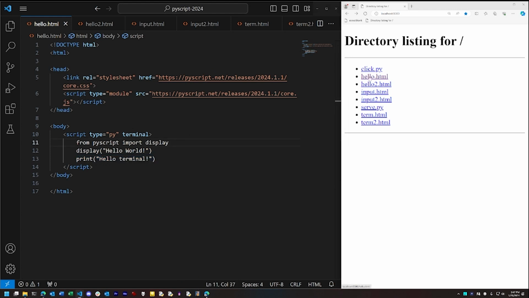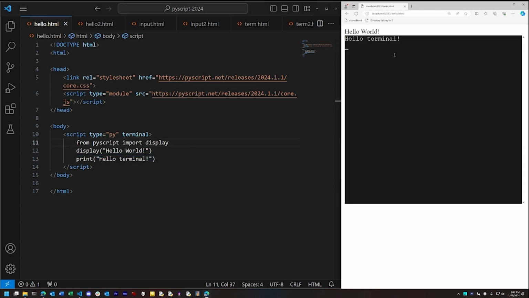Adding text to the web page incrementally we can do with PyScript.display, which is a custom function imported from PyScript's libraries. But print in Python works exactly as it does in regular Python. It just prints to whatever the console is. And in this case, it's this mini console, which we create by using terminal as one of the attributes in the script block. Now you'll notice that when we load this page, there is a distinct pause to load the PyScript elements, and that's because PyScript uses WebAssembly, a few megabytes of it, and that code has to be loaded and started up in order to do anything.